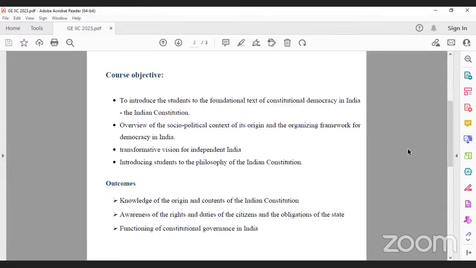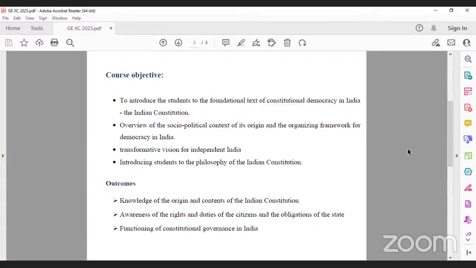And in this semester, the focus of the paper is on the law, on the historical perspective, on the process of how these value systems are there in the working of the Indian